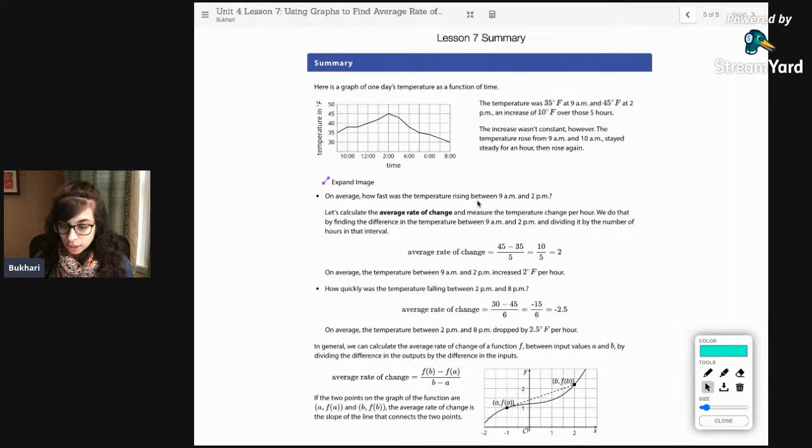You have, of course, your average rate of change in your summary here. So if you need to see it graphically or you need to see what's going on, there's our further representation. So we'll be getting into lesson 8 and moving deeper into our idea of functions, but this really starts to give you at least an application of how functions are used in our daily world and how they can be used to model situations and further our understanding of our world around us. So I will see you all in